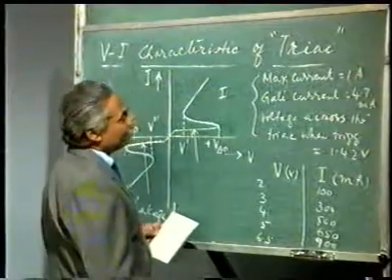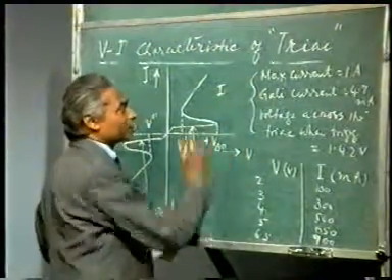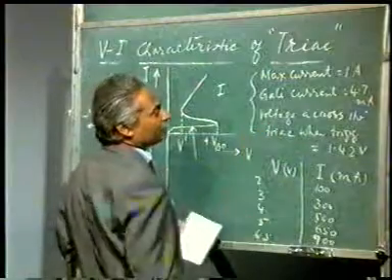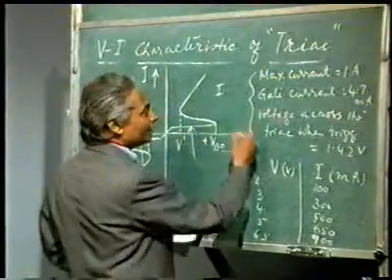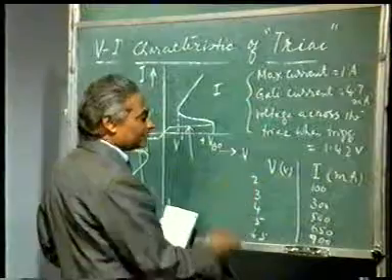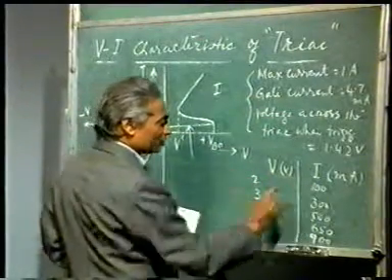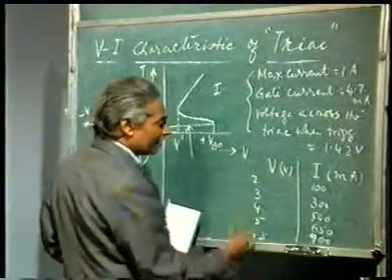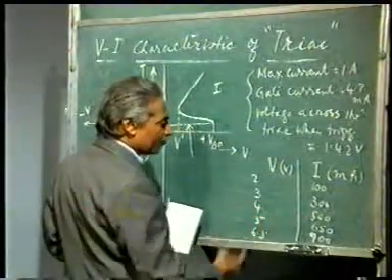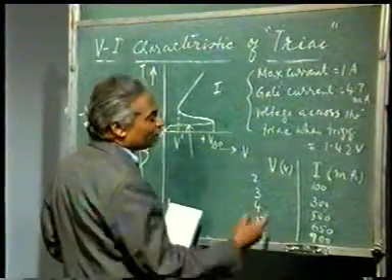Okay, I will repeat. The maximum current across the device when it has triggered is 1 ampere. The gate current corresponding was 4.7 milliamperes. Voltage across the triac when it triggered was 1.42 volts. And as I change the voltage in steps, 2 volts corresponds to 100 milliamperes, 3 volts to 300 milliamperes, 4 volts to 500, 5 volts to 650, and 6.5 volts to 900 milliamperes.